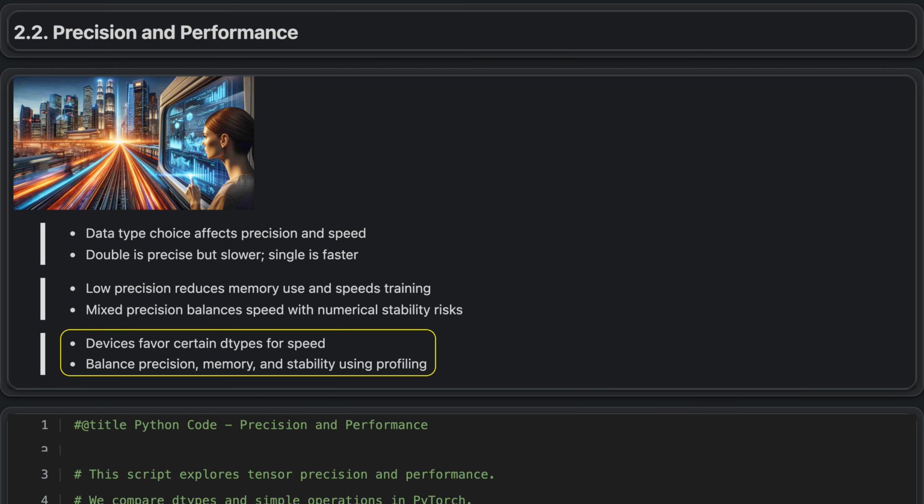Python code, precision, and performance. This script examines how tensor precision affects performance in PyTorch. It compares different data types and simple operations to show how they behave. The focus is on understanding tensor shapes, the devices they run on, and the numerical trade-offs involved in choosing one